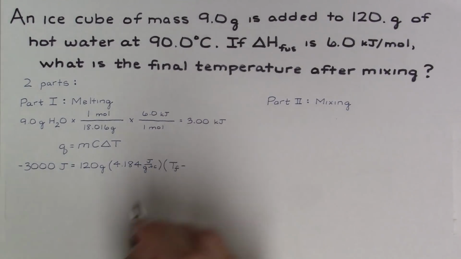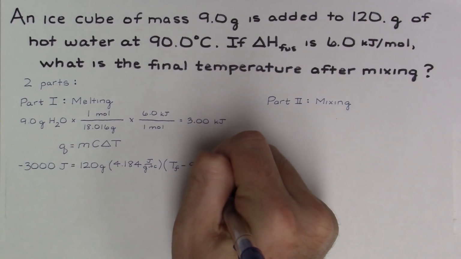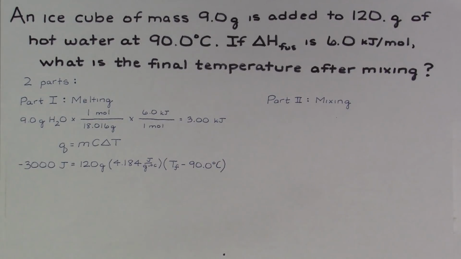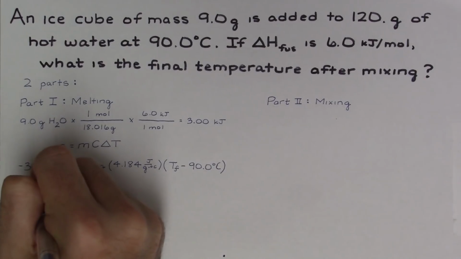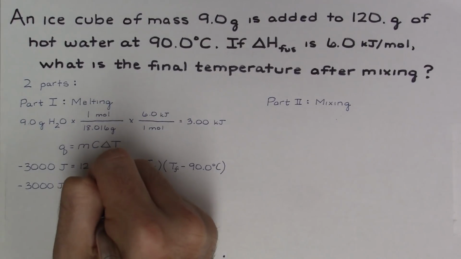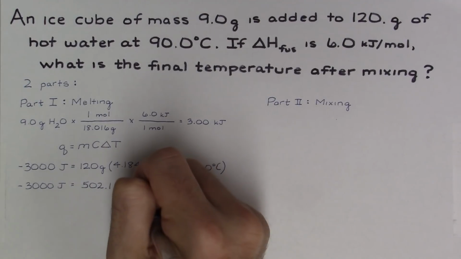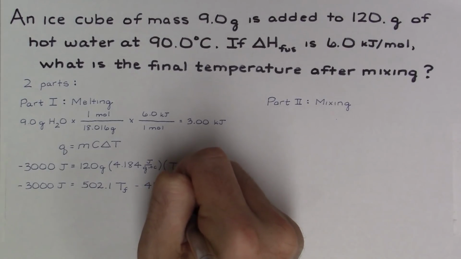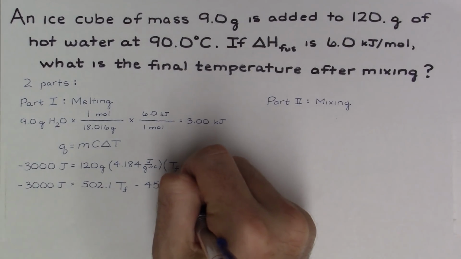And our final temperature is going to be left as our unknown variable. And our initial temperature is 90 degrees C. For this problem, we are going to solve for T final. We will leave the minus 3,000 joules alone on the left side. But if we multiply our 120 grams times 4.184, we get a value of 502.1 T final minus, if we go ahead and multiply 120 times 4.184 times a minus 90, we get